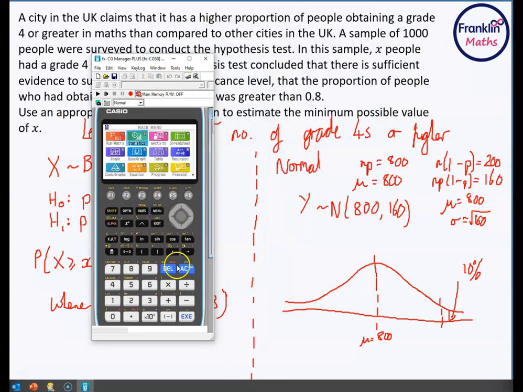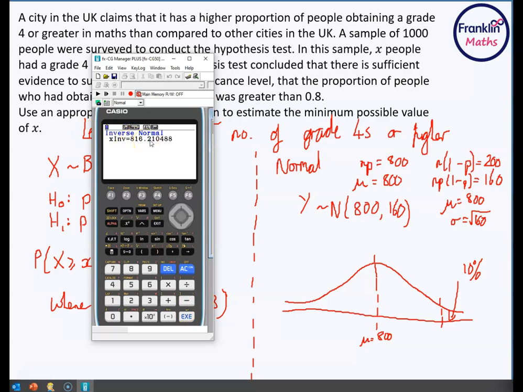Okay, so into stats mode, just X out of that. Distribution, normal distribution. Is it a cumulative probability, or is it an inverse? What is it? It's an inverse in this case. I've got a right tail, an area of 0.1. I have a mean of the square root of 160. Sorry, a standard deviation, not a mean, and a mean of 800 there. So approximately